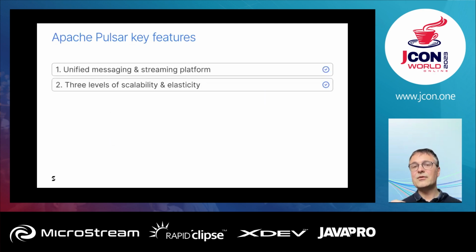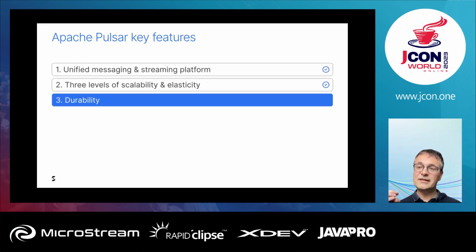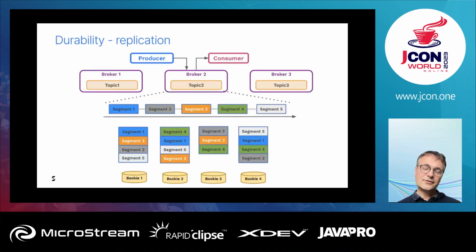So I just presented how you can scale Pulsar with its multi-layered architecture, which is the second key feature of Pulsar. Now, let's shift our focus to another critical aspect. How does Pulsar safeguard the durability of your data? So Pulsar topics are made of segments. And these segments contain your messages, your events. Pulsar can distribute those segments to separate bookie nodes. And this is how a single topic is distributed across several data nodes, right?